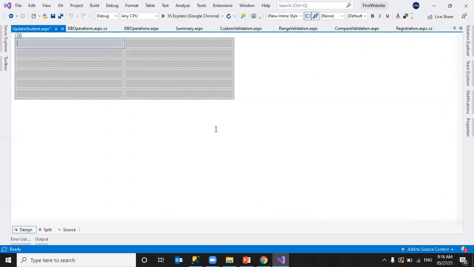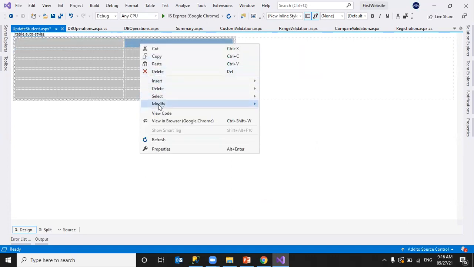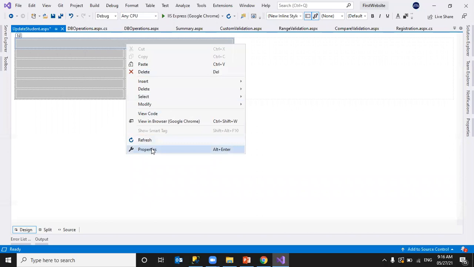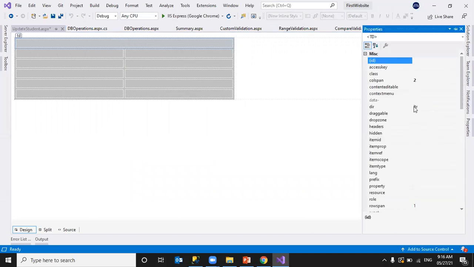The width is 50. I'll merge these two cells: right click, modify, merge cells, so it becomes a single row. I'll go to properties and see whether I can assign center or not.